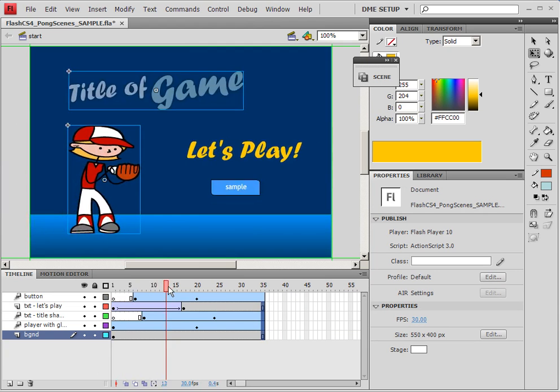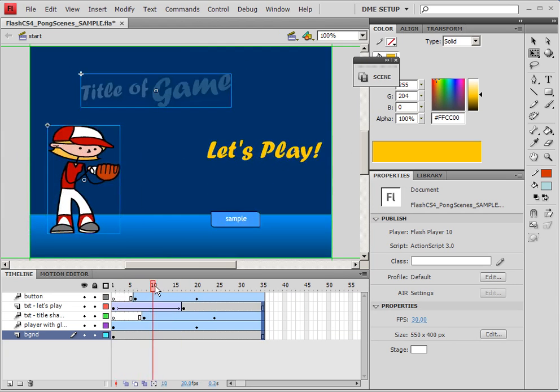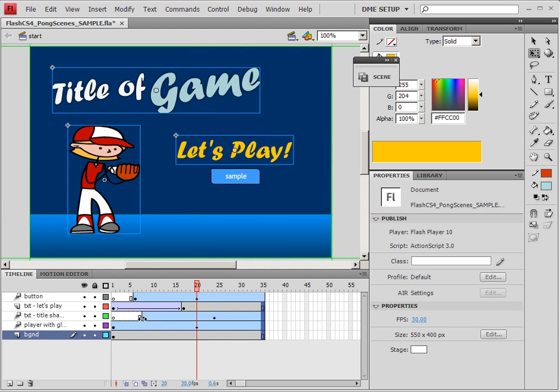So we'll insert the frames there. That way we want things to kind of stagger a little bit. It's kind of interesting that way. Anyway,